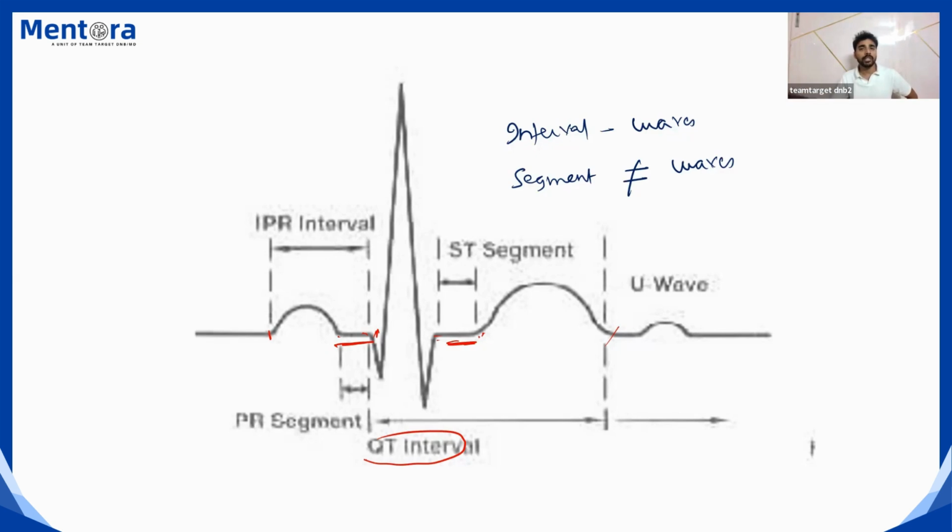Then comes your QT. QT should be 10 small boxes, or 500 milliseconds at the most. If it is more, you can say it's a prolonged QT. For prolonged QT you can look for other causes. After this,